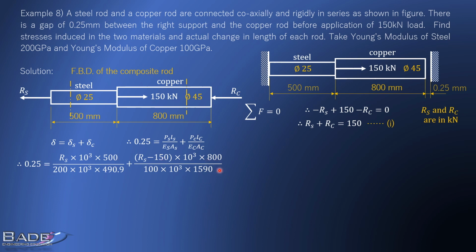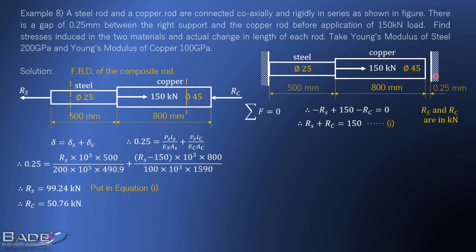How many unknowns are there in this equation? Only one unknown, RS. So do necessary calculations and get the unknown. Positive answer means the direction in the diagram is correct. Now, put RS from equation 1 in this equation. So RC is 50.76. So RC, this direction is correct. So we got push type of force. So from here it is push.